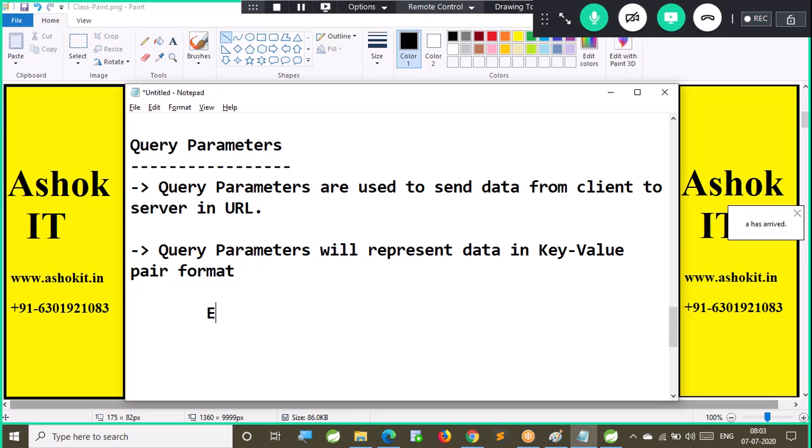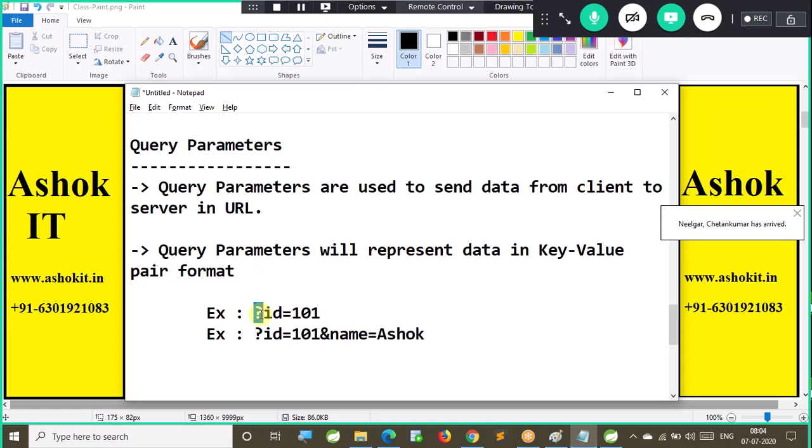Example: question mark is the start point of a query parameter. id=101. And if you want to send more than one query parameter, id=101 and name=Ashok. If you want to send a query parameter in the URL, you have to represent it like this. At the end of the URL, you need to write a question mark.